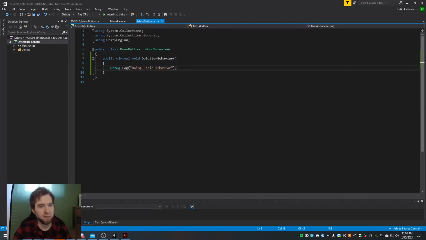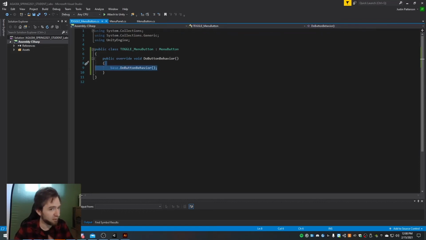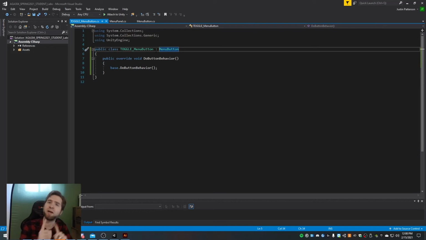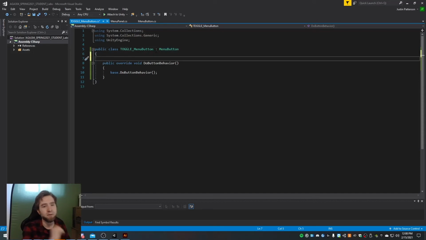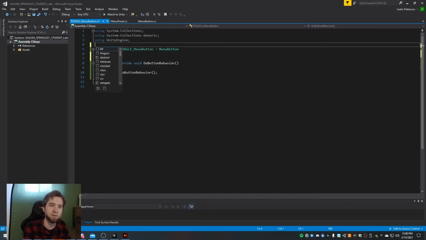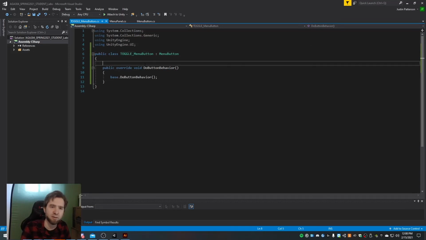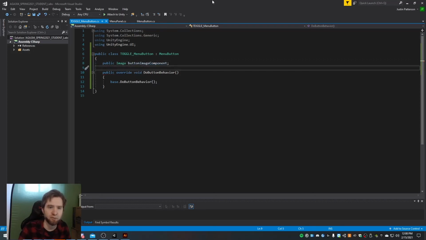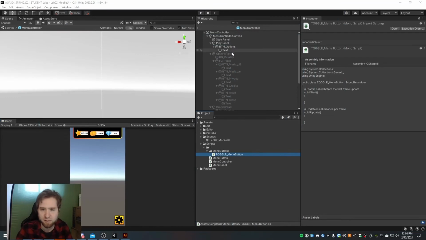Maybe this does some basic action. And then it does a little something more. And what should it do? I think it should swap between two different textures because this is a toggle button. So let's do a using UnityEngine.UI because I want to have access to sprites. Public image, that is the image component attached to my object. So button image component. And now when I save and I go back to Unity and I click on button